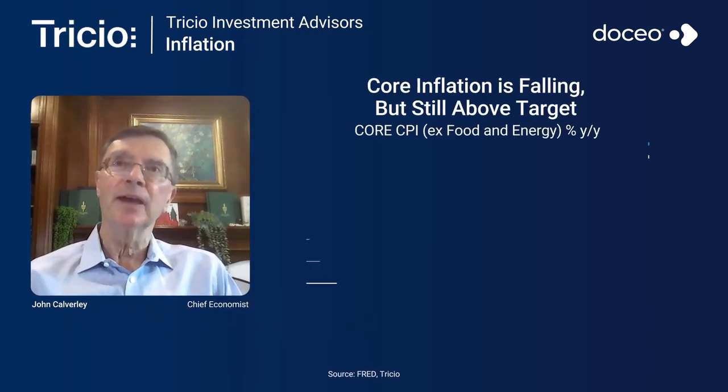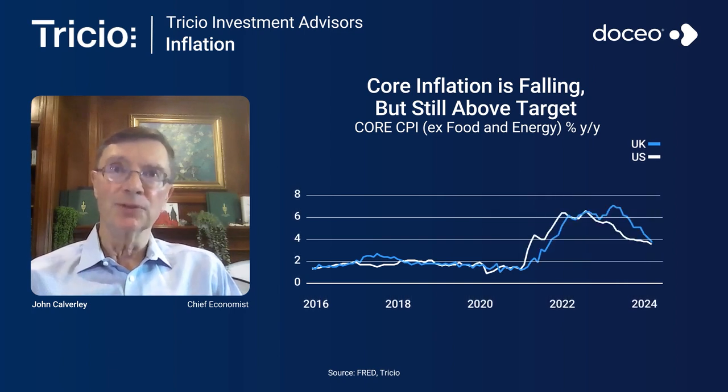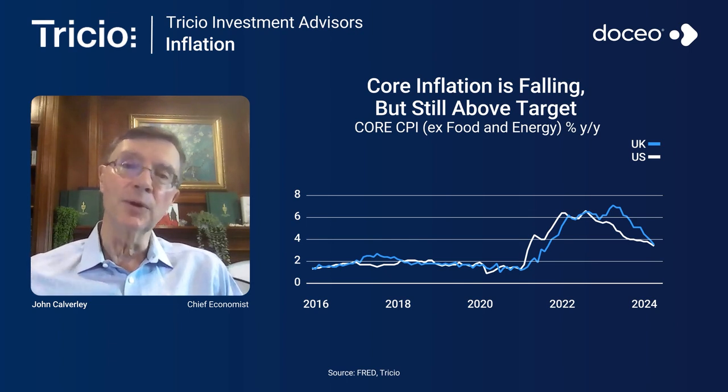I want to turn now to inflation, looking more at the short-term view and what's happening with central banks. And what's interesting is that core inflation, which is what central banks are focused on, is just about the same now in the US and UK. 3.5% in the UK, 3.4% in the US. And it's interesting because UK inflation was much higher than the US until recently, but it's come down a lot just in the last few months.